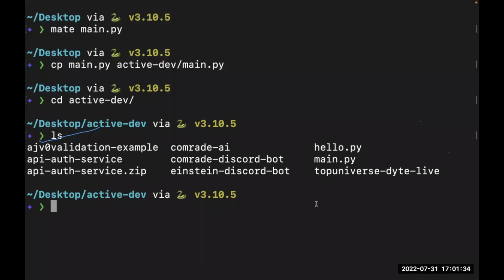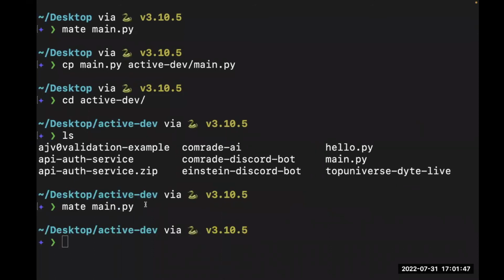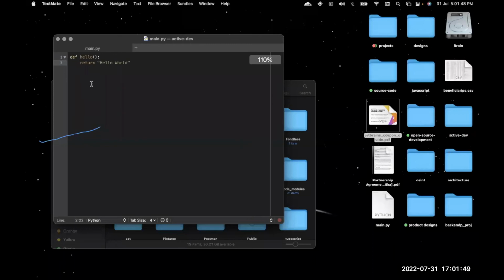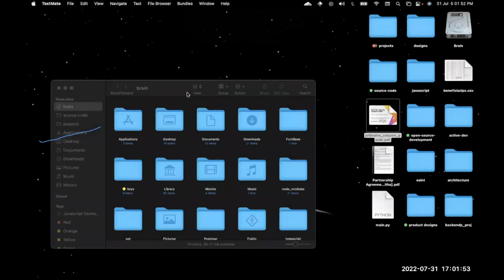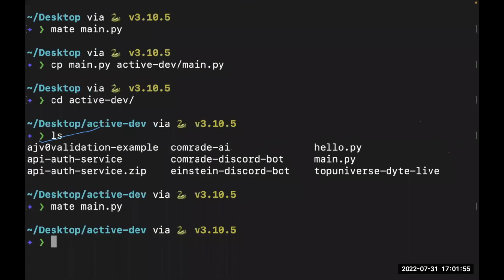Let's preview what we have there by opening it using the mate text editor again. We're now opening the main.py within the active dev folder, not the one on the desktop. Opening this, you see we still have the same function inside that file. So we're able to copy this item.